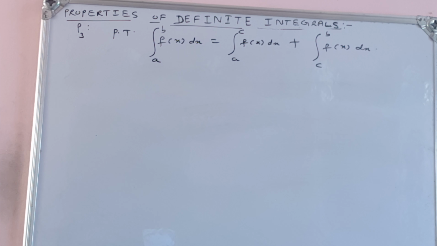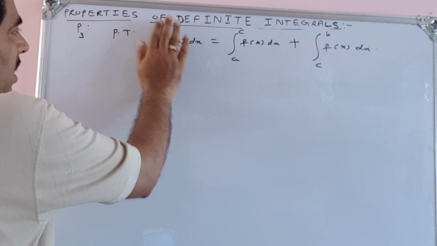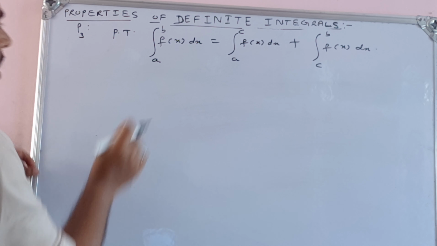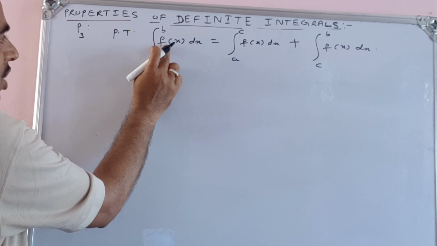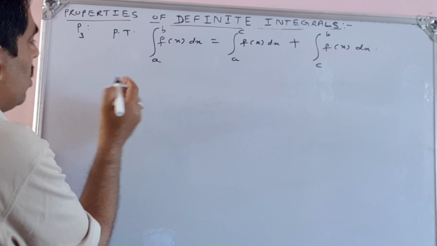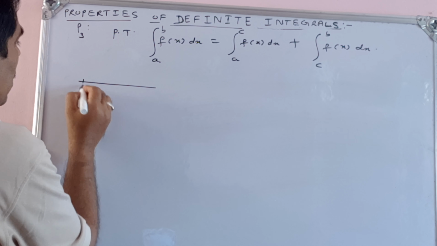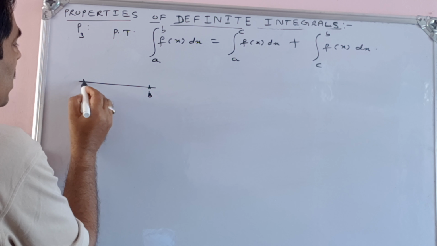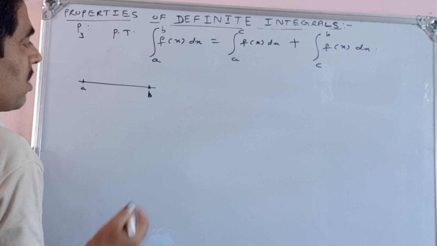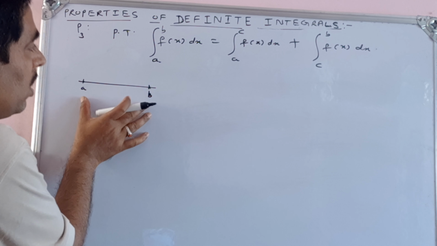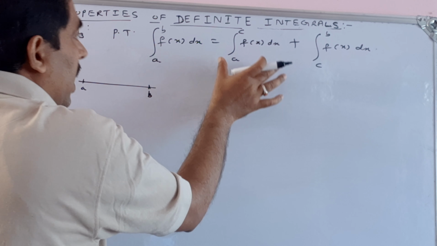Observe this. What is the meaning of this property? If I have to calculate the integral on the left hand side, it is from a to b. We know that this function is defined in the closed interval ab and continuous. So I have an interval; if I consider this a and this b, in this interval this function is continuous. If I have to calculate this integral in this interval, this integral can be written as a sum